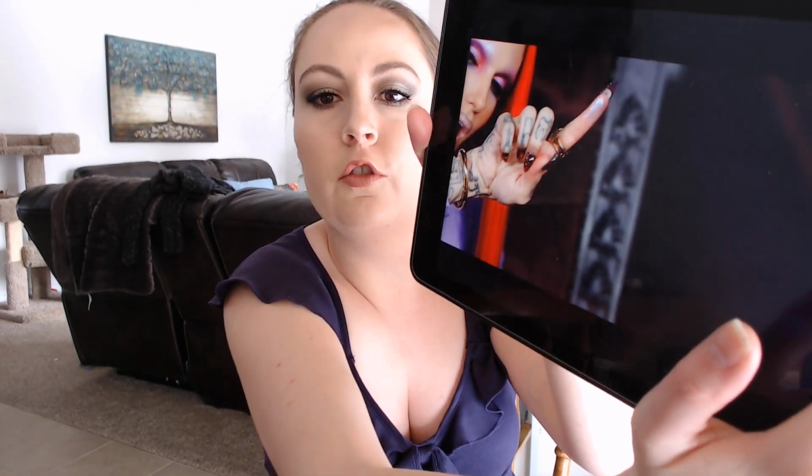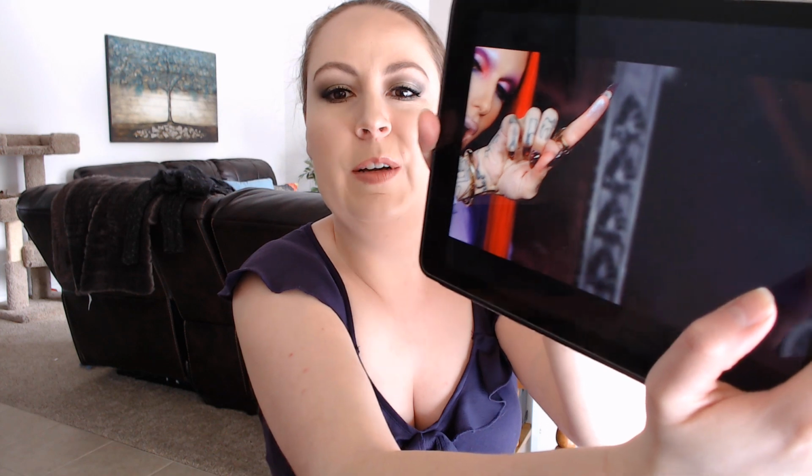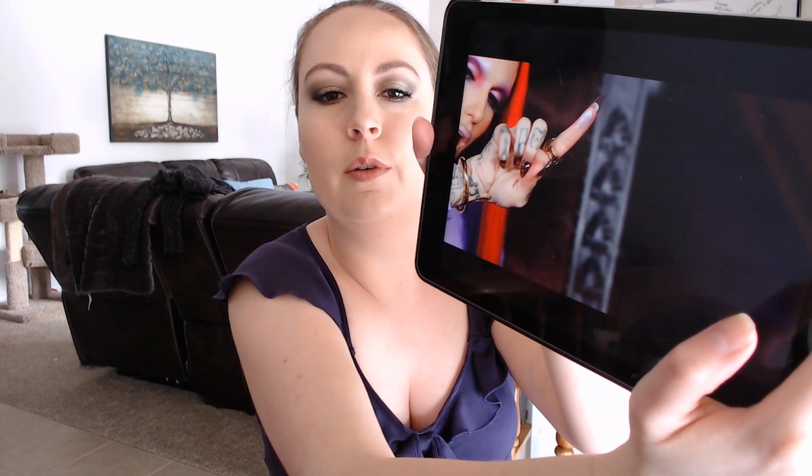But he did swatch it on his cheeks here and showed some photographs of some other male models with it. As you can see, it's swatched here on his finger, but again, you can barely see it on camera, especially a secondhand screenshot of one camera onto another camera. It's not a good representation. But what I wanted to say about this is